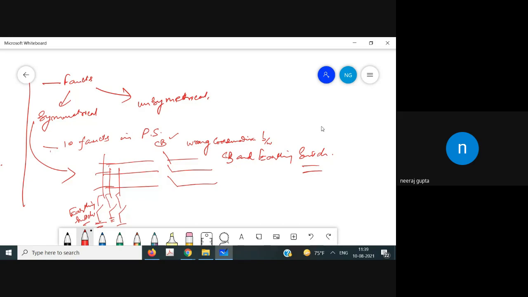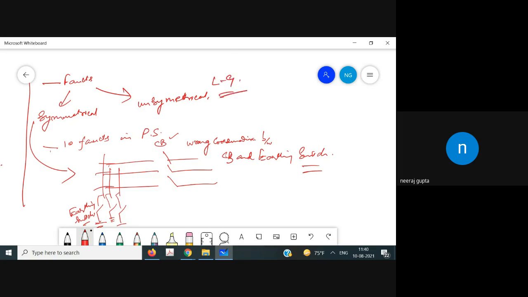Now let us suppose that we have a wire which is connected to an insulator, and some fault occurs. There is some rating for that particular insulator, and let us suppose that some fault occurs in that insulation disc. As a result, the fault occurs. This kind of fault is known as an unsymmetrical fault. It is one example of an unsymmetrical fault, that is line to ground fault.